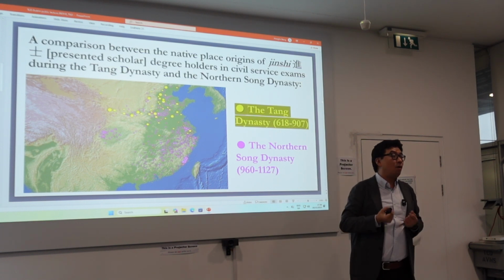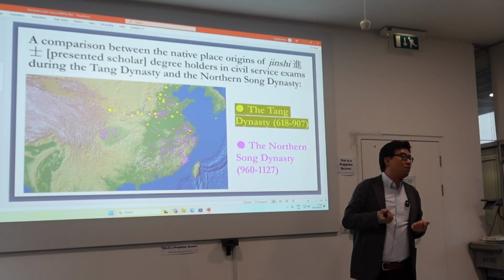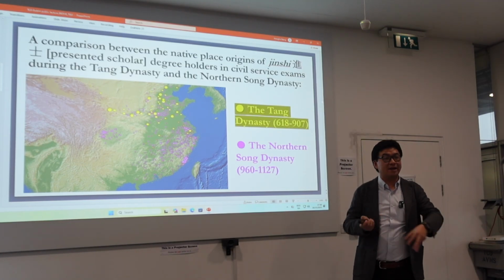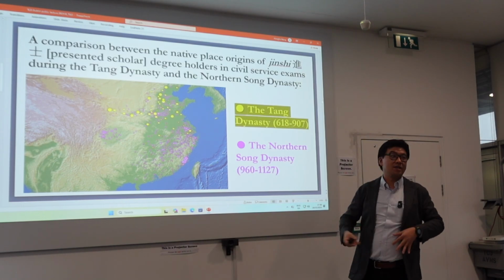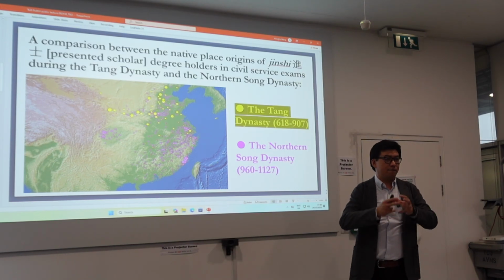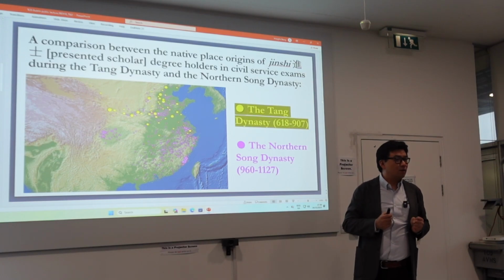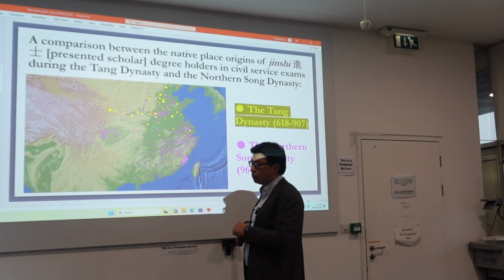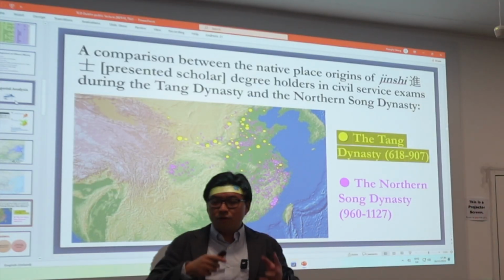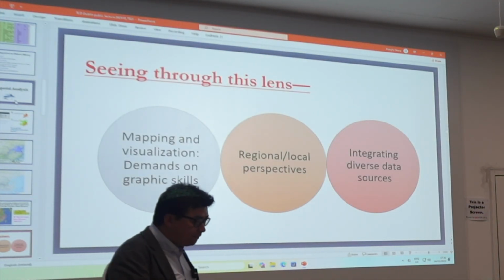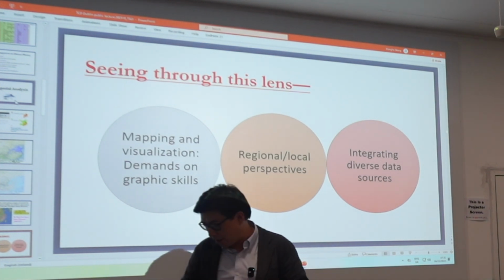And those, of course, point to us the possible areas that we could zoom in on, right? We could look at why these areas had regional centers of families who did well in the civil service exams and so on and so forth. So these two sets of examples really is just to give you a taste of what I'm trying to argue here, is that